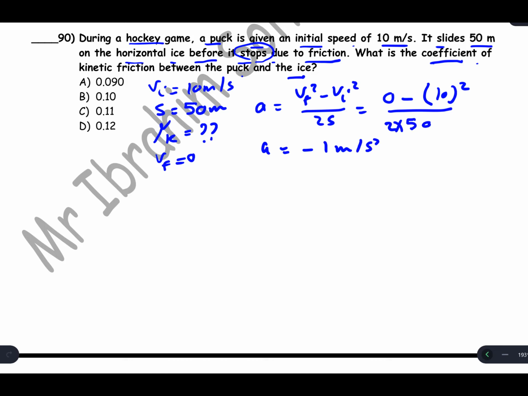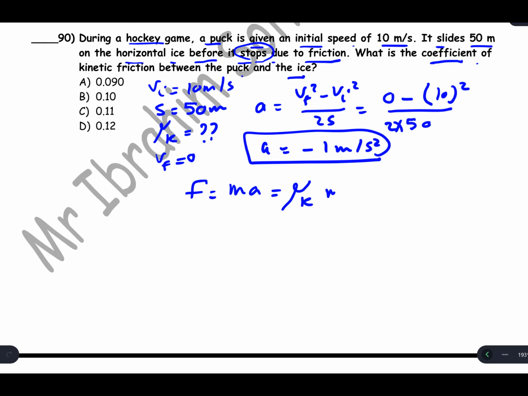So a equals negative 1 meter per second squared. This is deceleration. And you know that the applied force ma equals mu k mg, right? M goes with m, so a equals mu k g, so mu k equals a over g, so 1 over